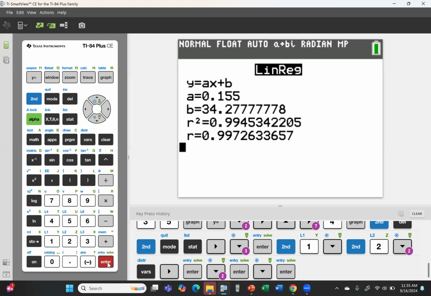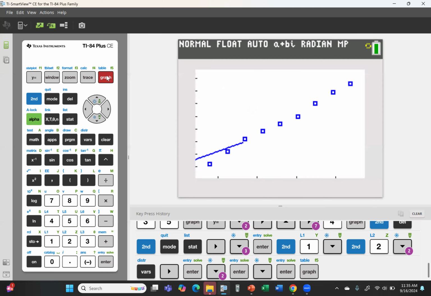So if I hit the graph button, maybe if I can get my mouse to work, there it goes. So there's the first model, the second model, and then the third model on my calculator was graphed in black. And it's pretty close to the model we found using the 2 points, isn't it? Very close. Now, if I go to the y equals,